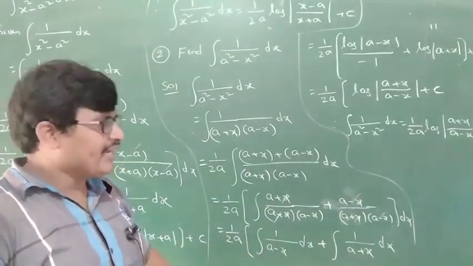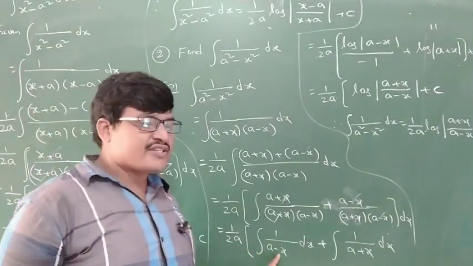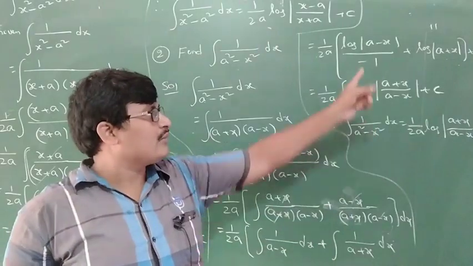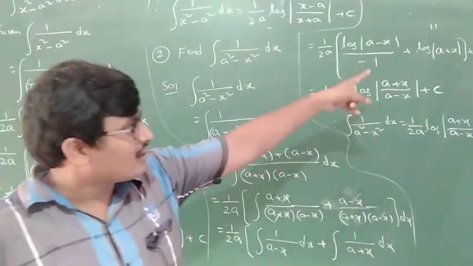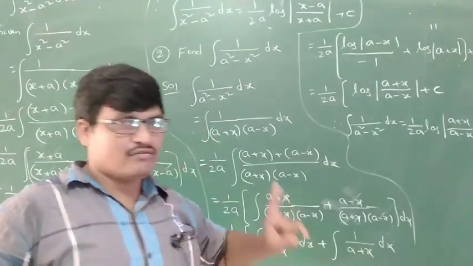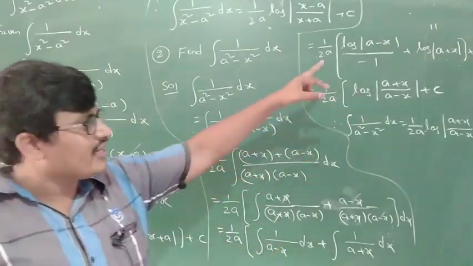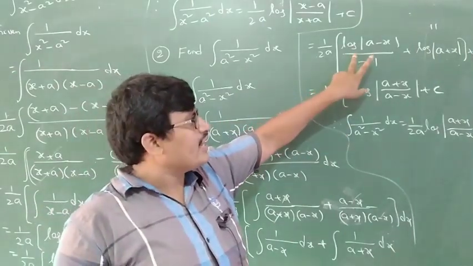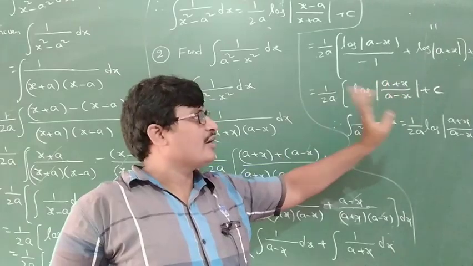Integral 1 by x. Integral 1 by x is equal to log x. So the derivative of a minus x is minus 1, so minus 1 plus 1 by x log x. The derivative of a plus x is 1. So log a minus log b equals log a by b. Log a minus log b equal log a by b.